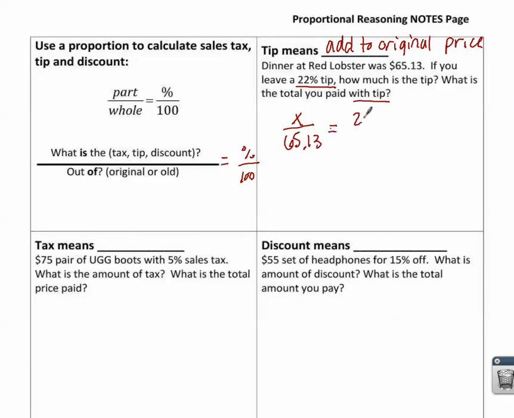You gave a 22% tip, and that's out of 100. So here you set up your proportion. Now you want to cross multiply or use the butterfly method. So you get 100 times X, which is 100X. 22 times 65.13, which is going to give you